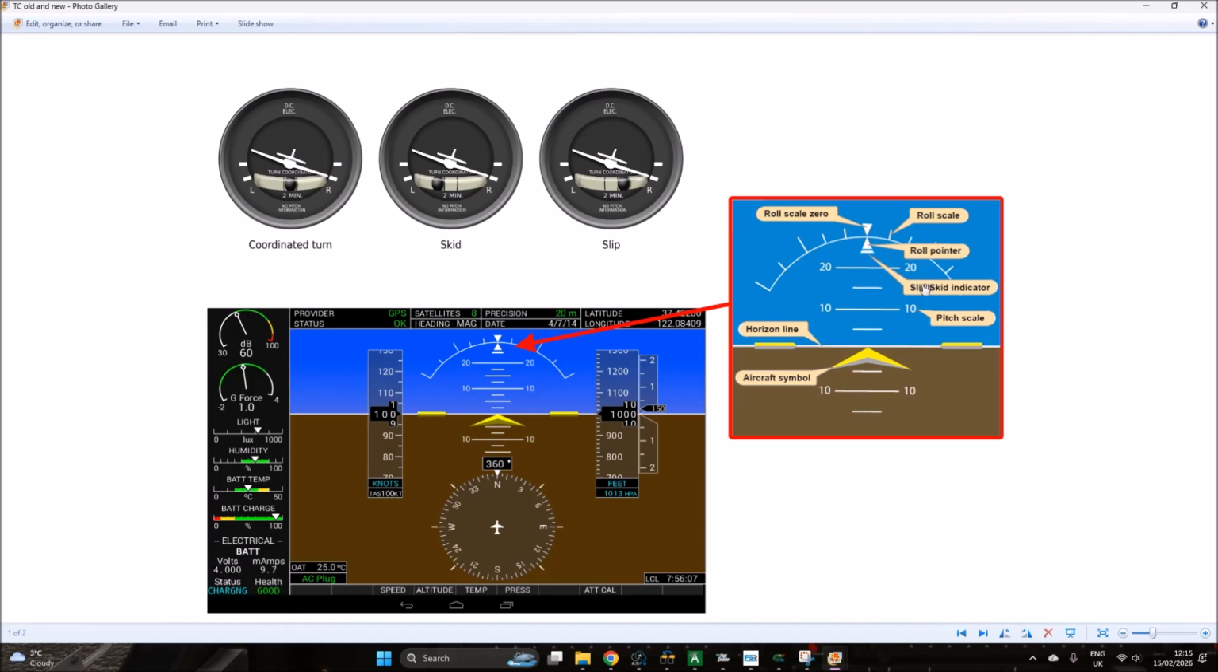It's the slip skid indicator as it's written here. But effectively it is the same. It serves the same function as the ball in your turn coordinator, telling you whether you're going around a corner perfectly as if on rails and it's comfortable for the passengers, or whether you're on a skid or on a slip. And if you're on a skid, you're flying out of balance, and it's a little bit uncomfortable. It's a bit like turning the corner